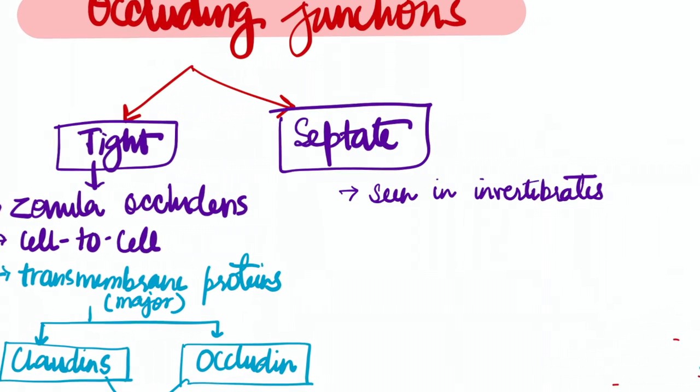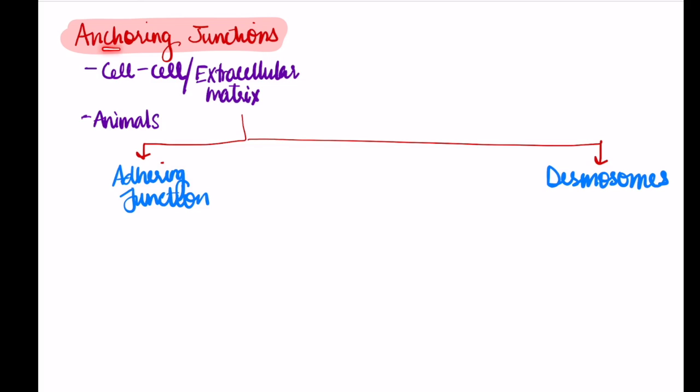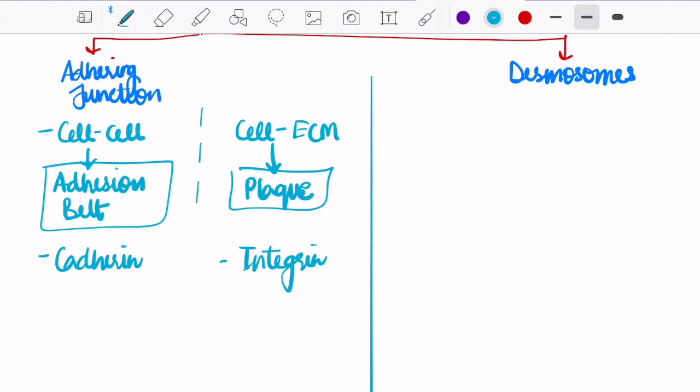Septate junctions are the main kind of occluding junctions in invertebrates. Now, anchoring junctions are responsible for cell-to-cell or cell to extracellular matrix attachment, and they are present in animal cells or animal tissues. Now, there are two kinds: adherens junctions and desmosomes. Adherens junctions can be further seen as of two kinds, because there's a cell to cell and extracellular matrix interaction. When I talk about the cell to cell interaction, it is called adhesion belt, and with the extracellular matrix it is called a plaque,